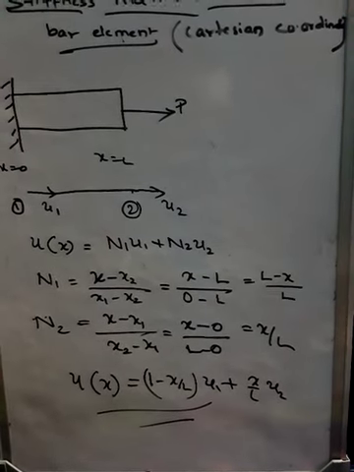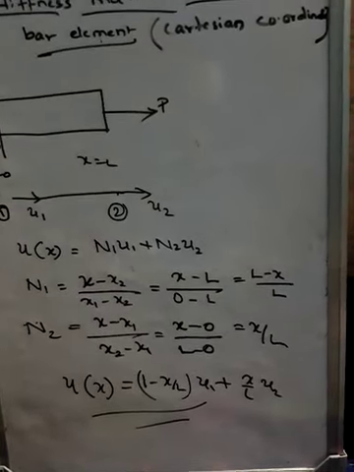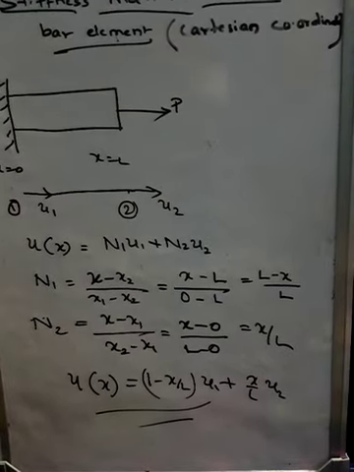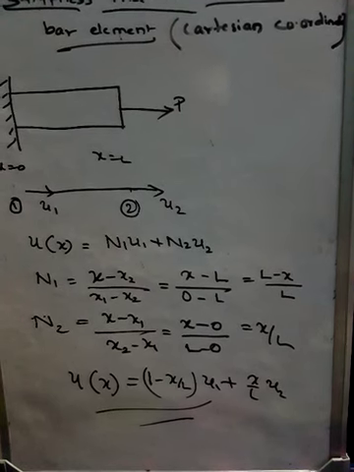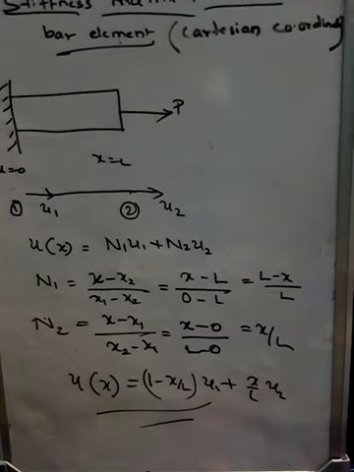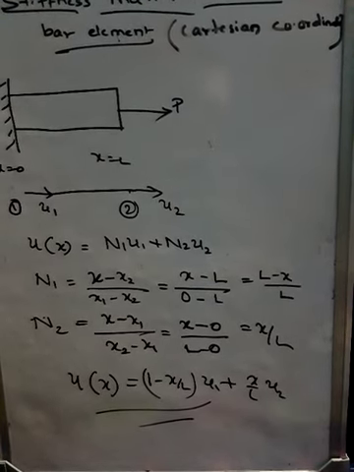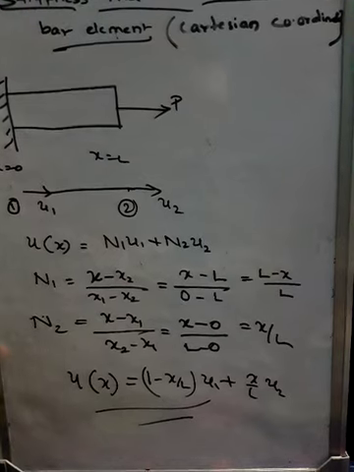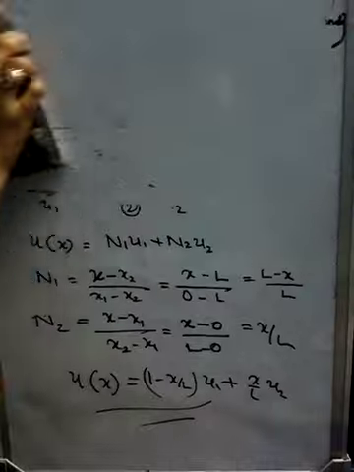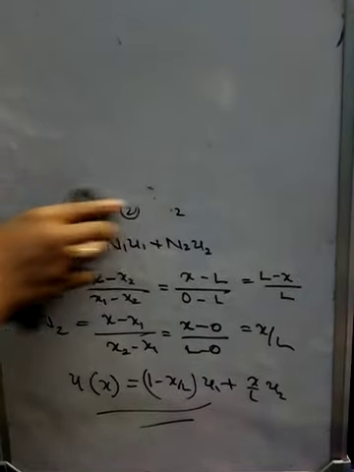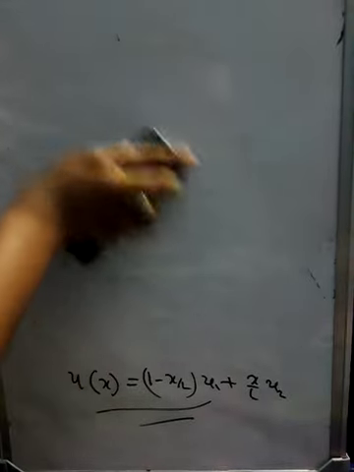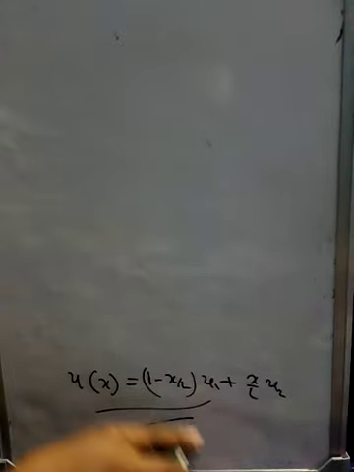Okay. So, this is the value of u, that is u is equal to what? 1 minus x by L into u1 plus x by L into u2. Okay. So, now we have the shape function. If you want, you can just directly write down the equation, but it's better if you derive. Okay. Now, you have the u equation. So, let us calculate the strain. Okay. So, I'll just leave this u here only so that I have to differentiate that one.